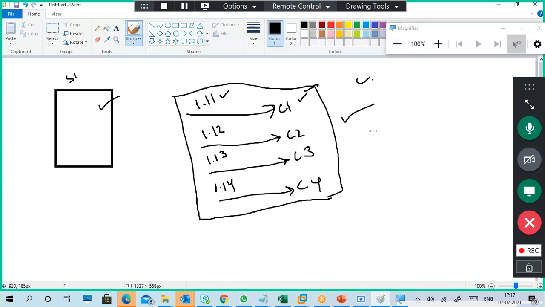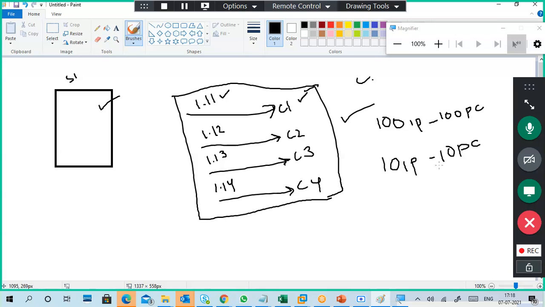Think like this: I have 100 IP addresses and 100 devices. I will take very less, 10 only for understanding. 10 IPs are there, 10 PCs are there.